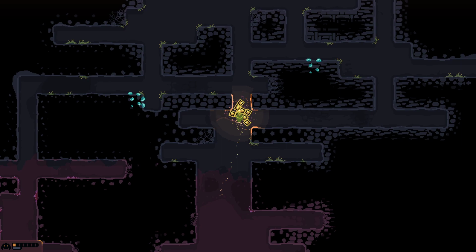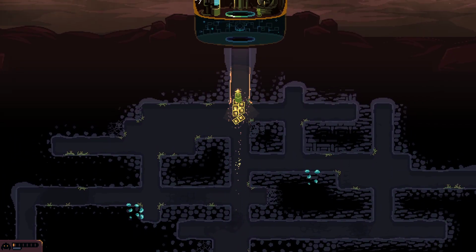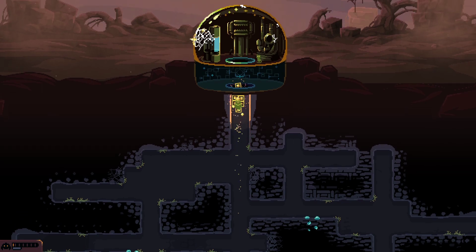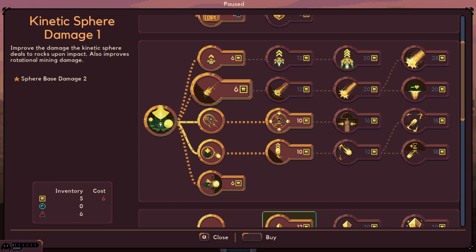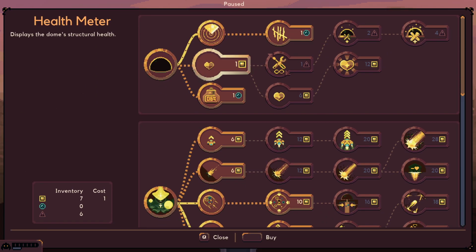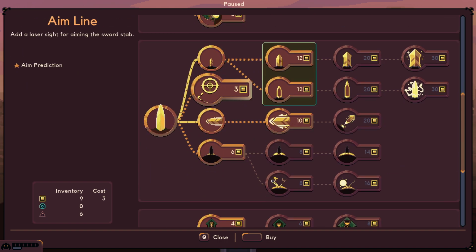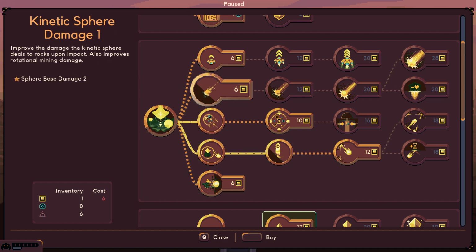At least I should be comfortable with my defenses right now, for the time being. Haven't found any gadgets yet. Okay, I need improved reflection. But yeah, now I still don't have speed, I don't even have kinetic sphere damage. Like I need